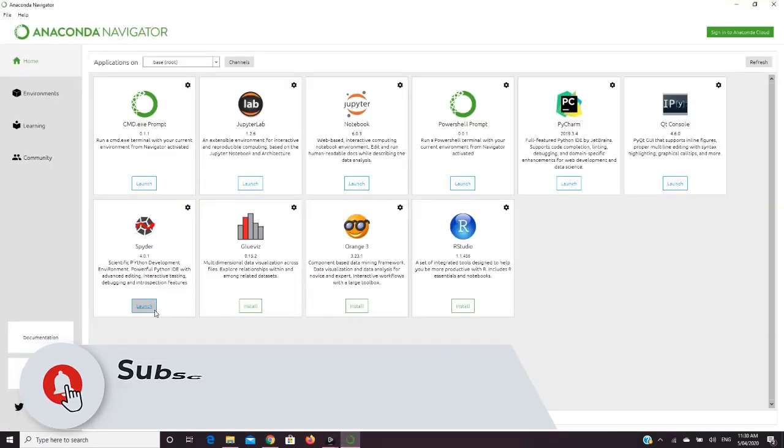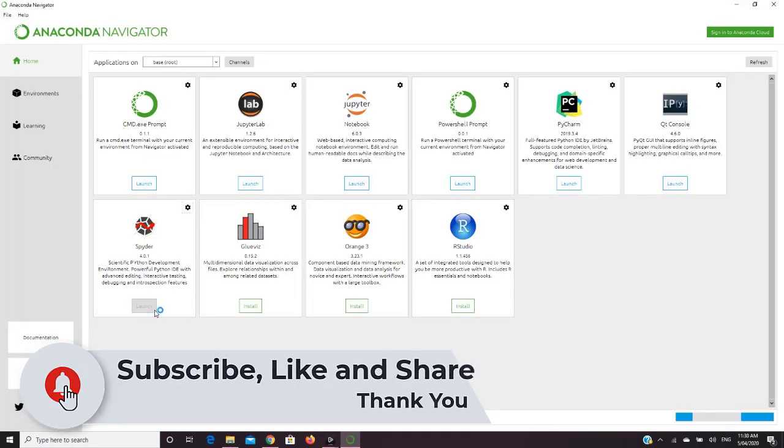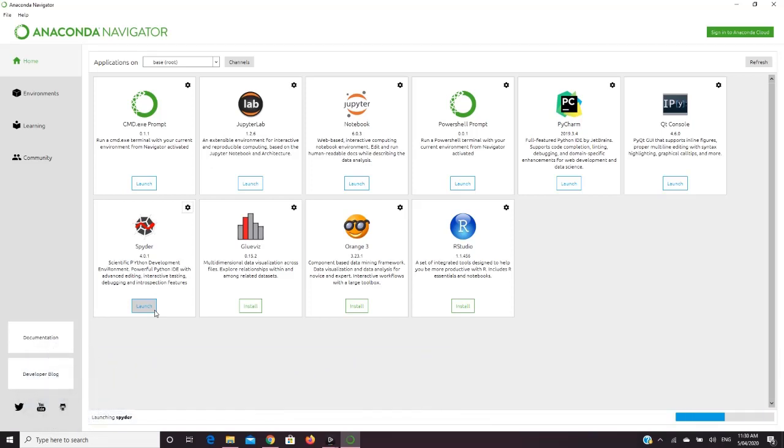Next I'm going to show you Spyder, which is one of the popular Python integrated development environments. I have just hit launch and I'm waiting for the IDE to open up.